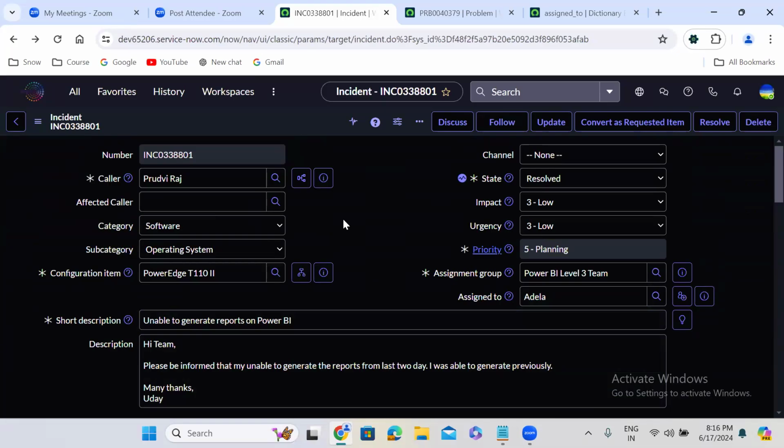And Prithvi says, okay, I will observe for some time and then I'll confirm to you. Prithvi will observe for some time and confirms that, okay, for me it is working fine. I see no issue and it is not happening repeatedly. You can go ahead and close this incident. So then the incident will be closed.